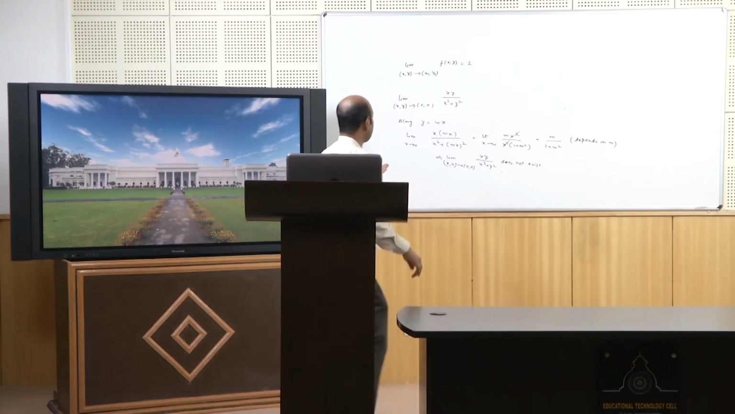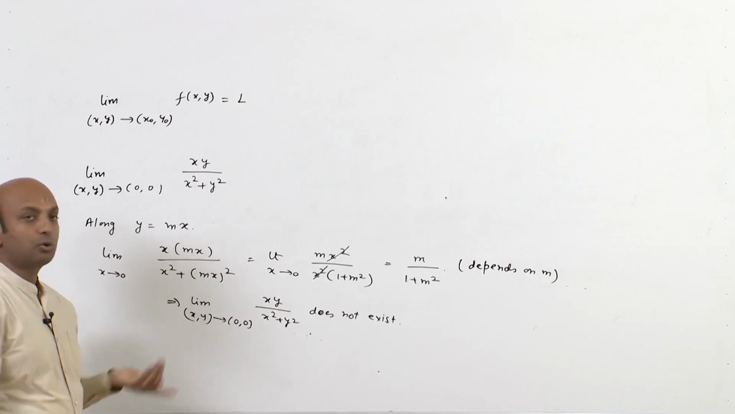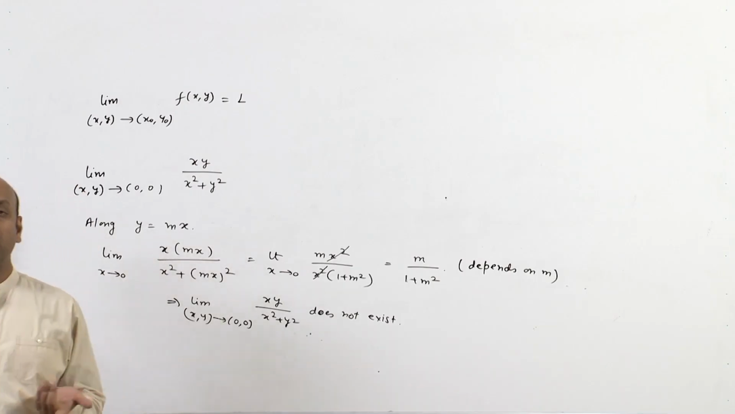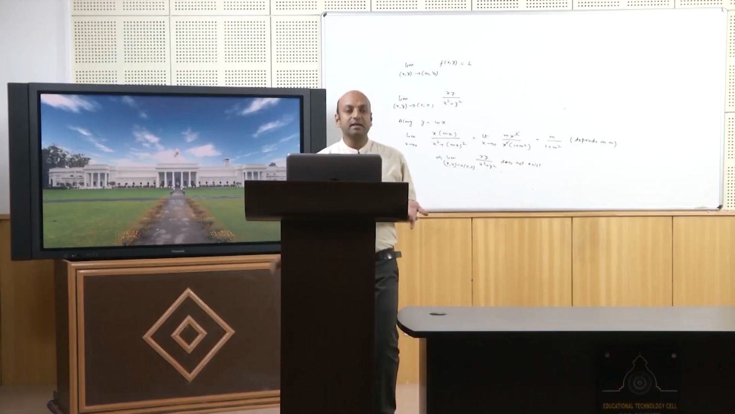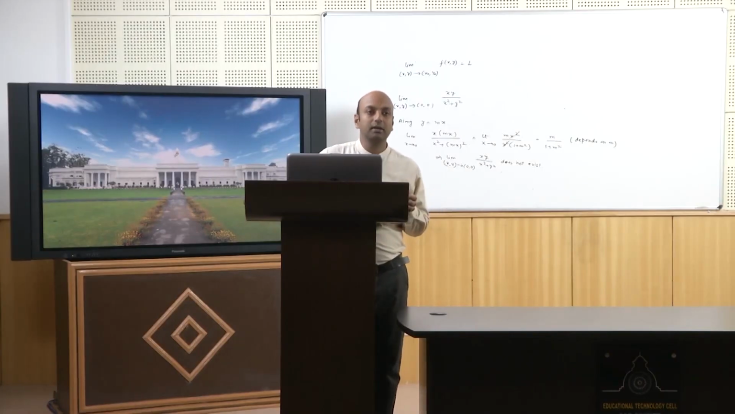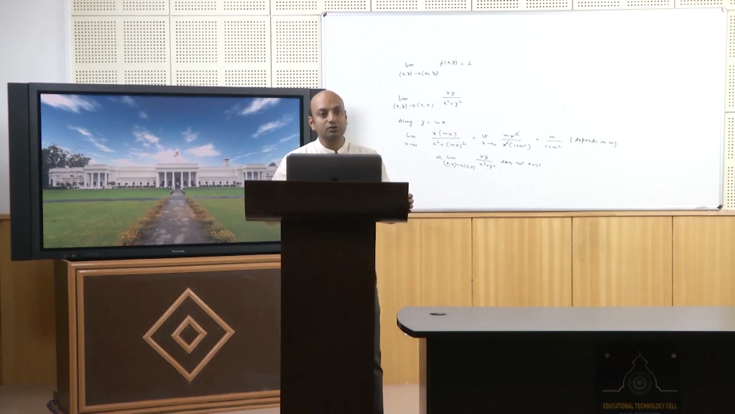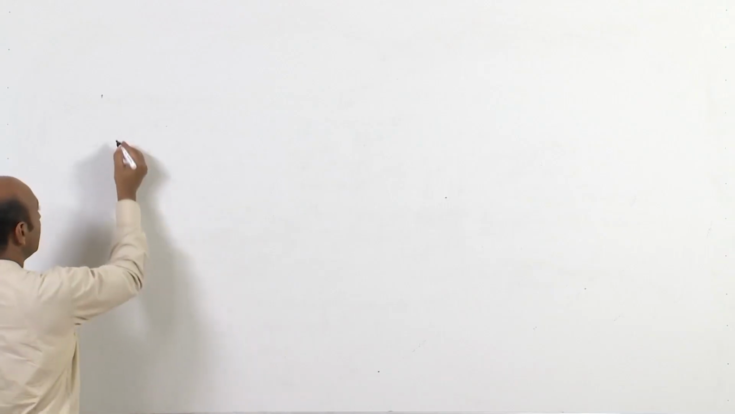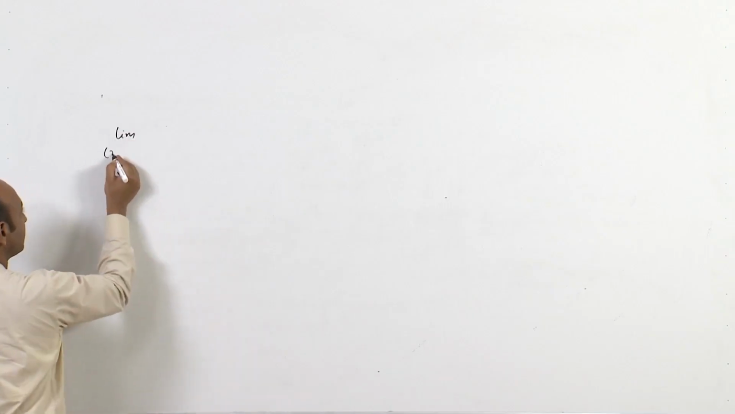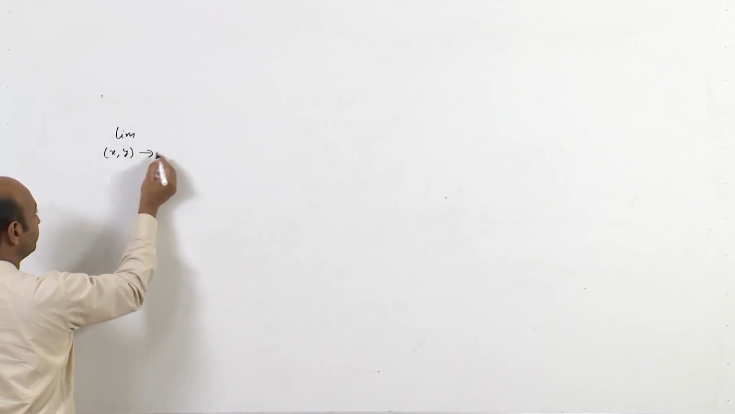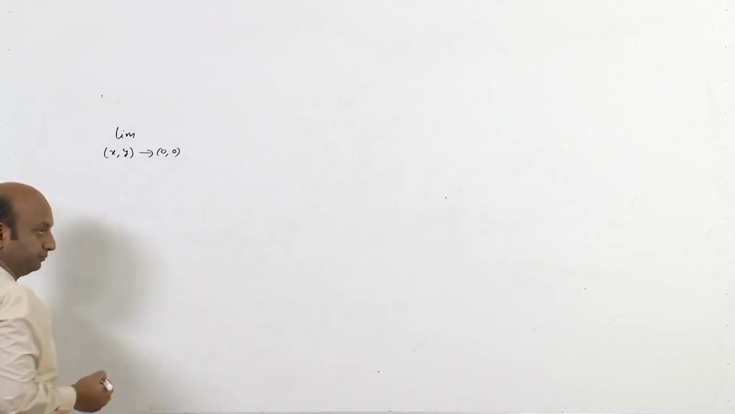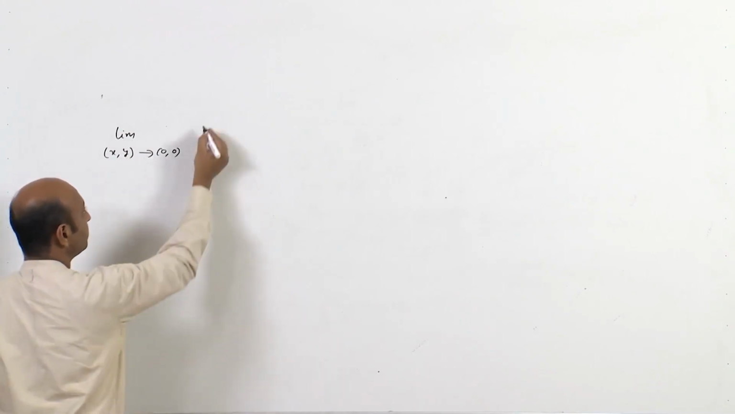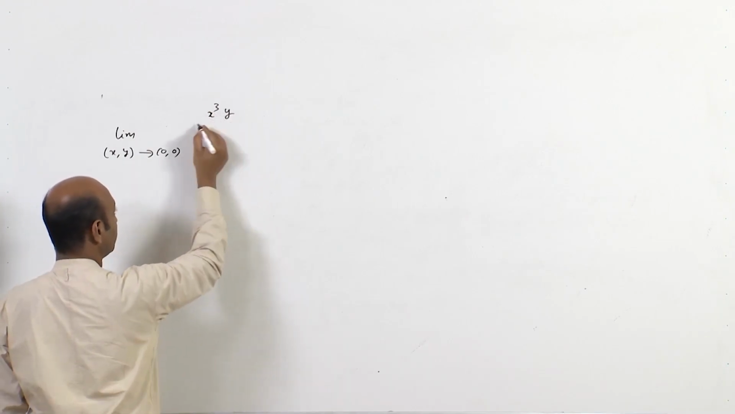You take some arbitrary path like y equal to mx or y equal to kx square or something and try to show that it depends on m or k. In this way we can show that the limit does not exist. Say we have a second example, the limit as (x, y) tends to (0, 0). The problem is x cube y upon,